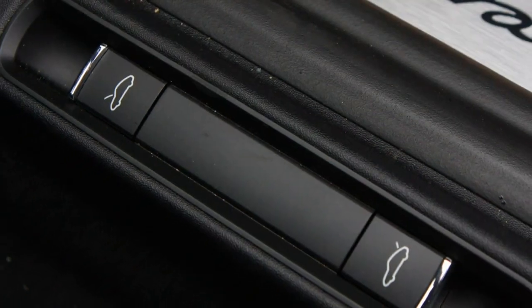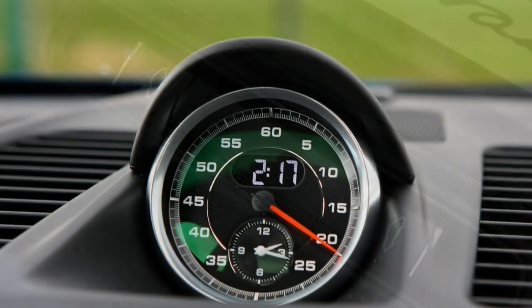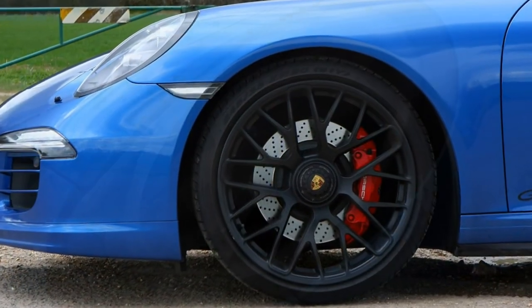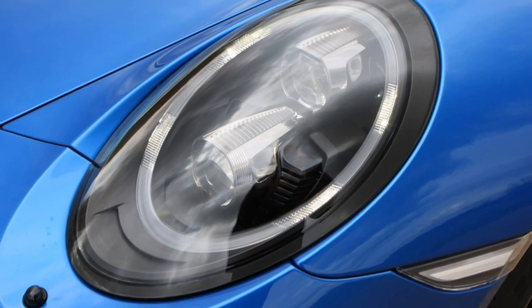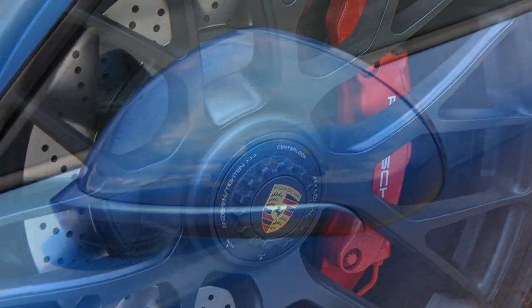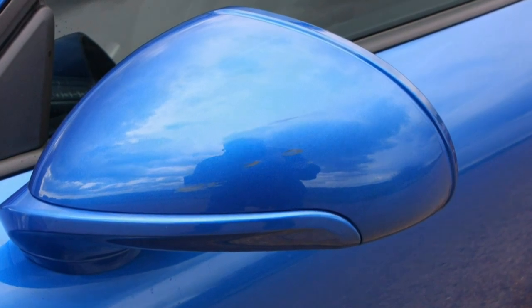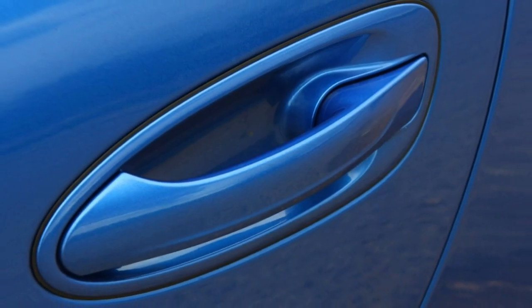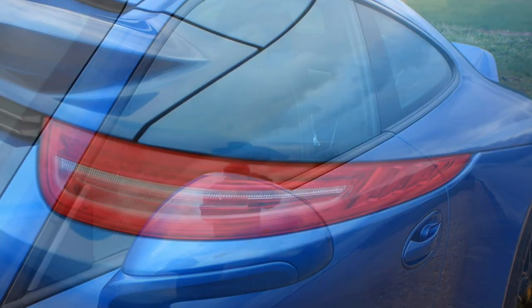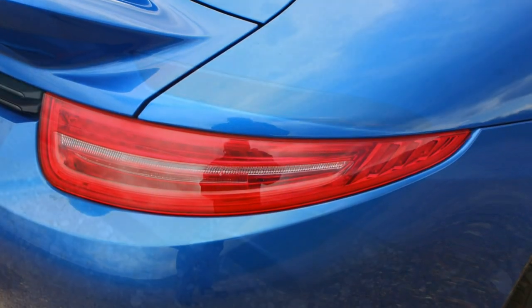Instrument cluster with central rev counter and high-definition 4.6-inch color display. 4-way electric sports seats with elevated side bolsters. No-cost options include Porsche Communication Management, PCM, mode switch on the steering wheel for selected driving modes, and 12-volt sockets from the passenger footwell. Moving up to the Carrera GTS and Carrera 4 GTS adds: